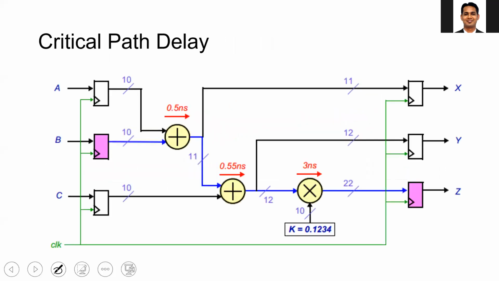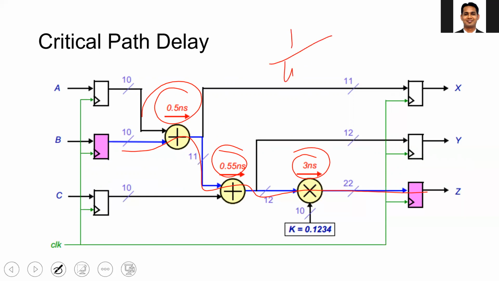This is another circuit, and if you consider all the paths from the input to output, you will see that this blue color path will be the longest path. Then you can find the corresponding critical path delay, which is equal to 3 plus 0.5 plus 0.5, so it becomes 4.05 nanosecond. So the maximum clock frequency will be based on that delay, and this circuit can be operated at a frequency less than this one, because you need to add some buffer for the routing delay plus additional buffer for the clock skew, setup time and the clock to output time.